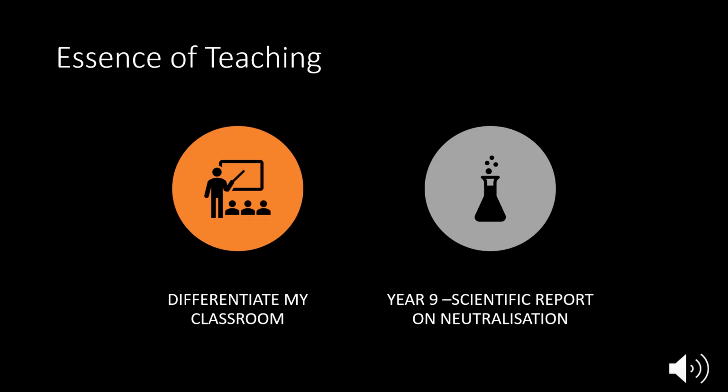Thus, I taught the initial lesson on neutralisation. The aim of this lesson was that they are able to identify and describe a reaction of an acid with a base, are able to understand what is involved in neutralisation, and their success criteria was students are able to apply the correct reactants and products to form a neutralisation reaction.